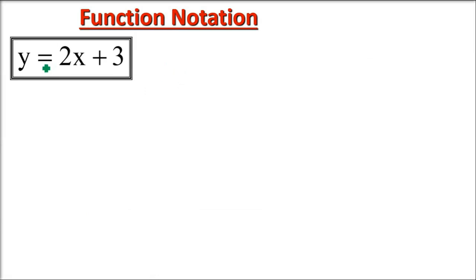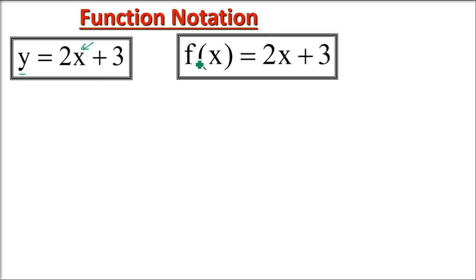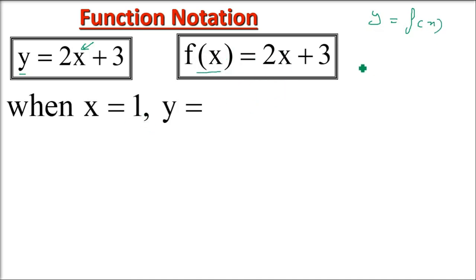How to represent a function? The function notation. y equals 2x plus 3. This is an equation because we have an equality sign. x is called the independent variable. y is a dependent variable, because for x you can put any value from the set. If it is a real set, all the real values; complex set, all the complex values. But y is bound by 2 multiplied by x plus 3, so y is a dependent variable. This y is a function of x. That is why we write y equals f of x.